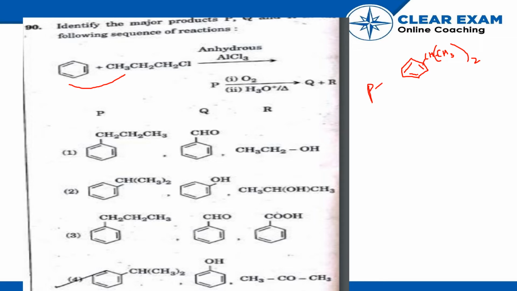and when this is highly oxidized in the presence of H3O plus, then it forms an alcohol and a ketone, that is Q and R, and Q is phenol, whose structure is this,